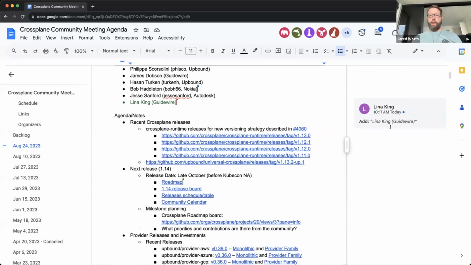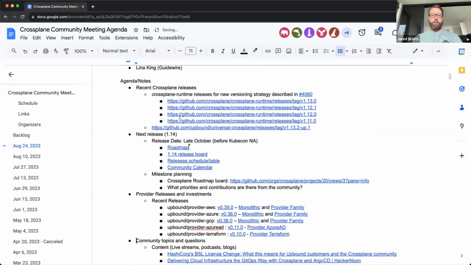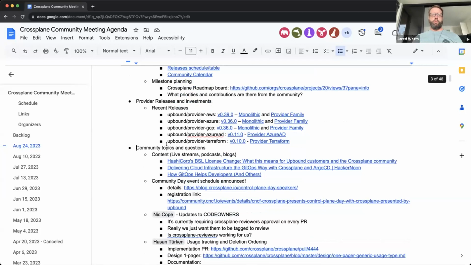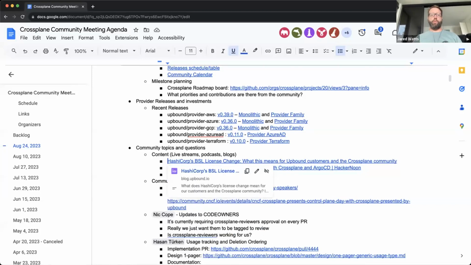All right, so that's everything then for the 1.14 milestone for providers, etc. So let's move on into the community topics section as well. As we typically do, we have a section with various content from around the ecosystem and everything that's going on with Crossplane. So a couple cool articles here that are written by folks in the community to kind of explain their use cases and what they're learning with Crossplane.